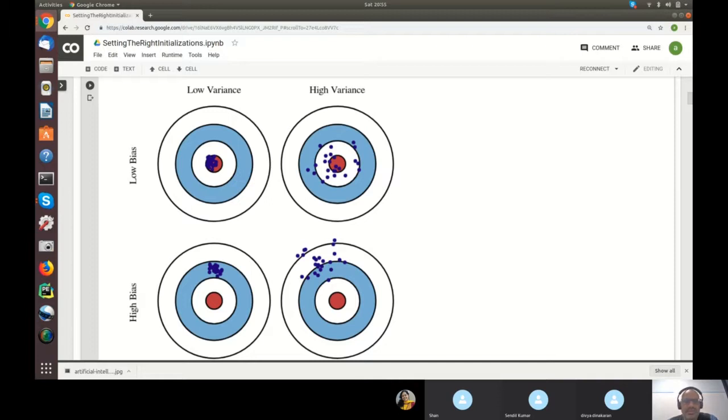And at the top left is the case where there's low bias. So we hit the target consistently. And the variance is very little. Sort of hitting the target just about every time. So that is,